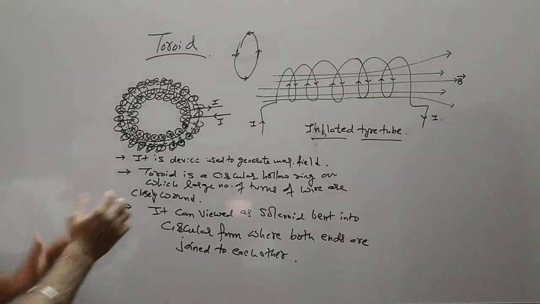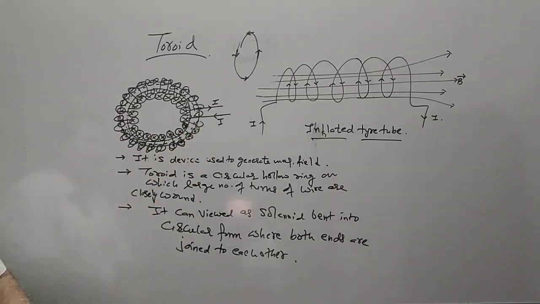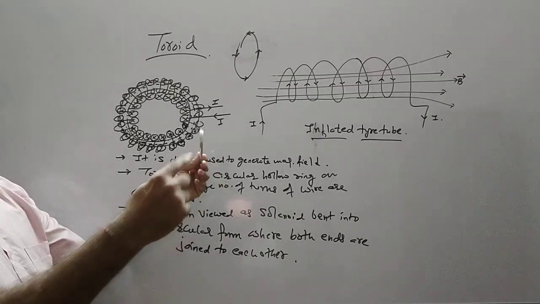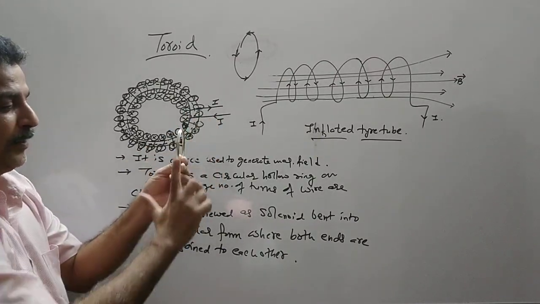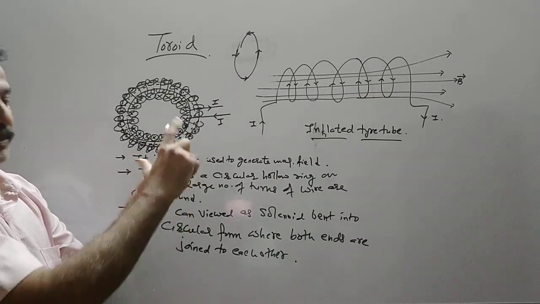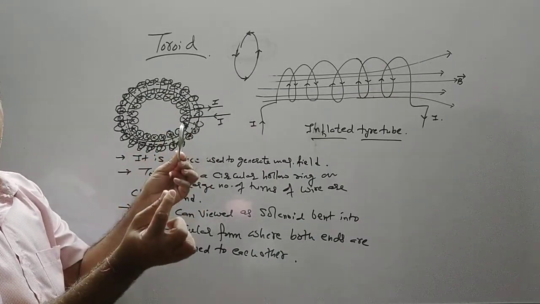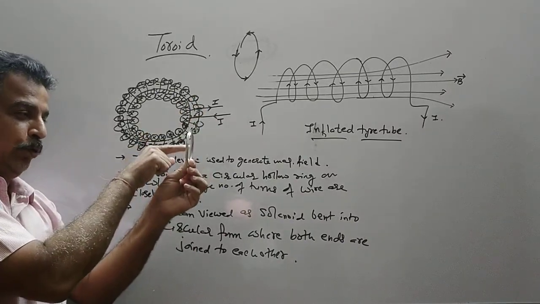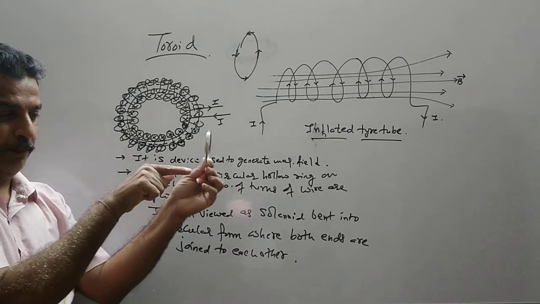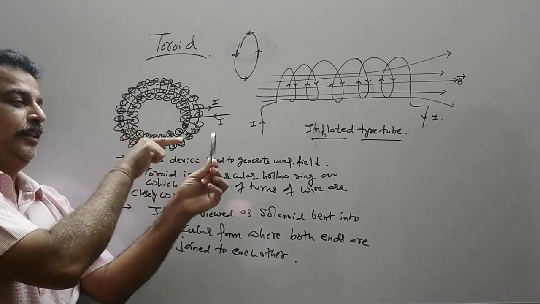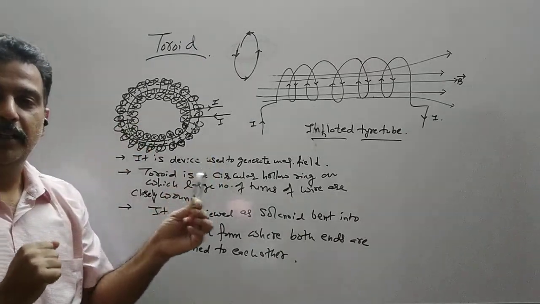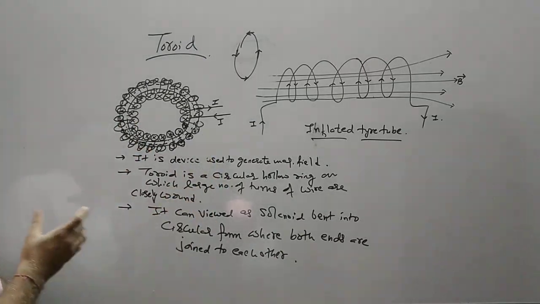Now I assume that from this end the current is coming out. Current is, suppose, coming out from this side, going in. So you are seeing this portion. Current coming out from this, going inward. From this ring it goes to the neighboring ring, again comes out, goes in, again comes out from the neighboring ring, again it goes in. Like this is the geometry, and now we will try to find out.